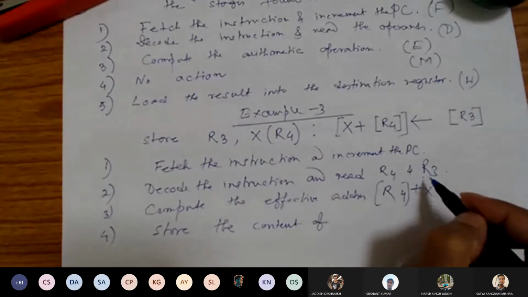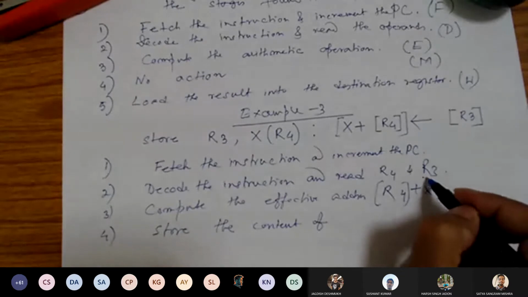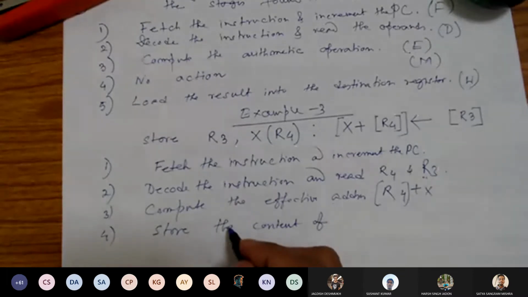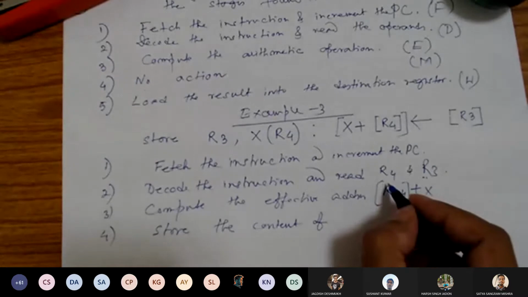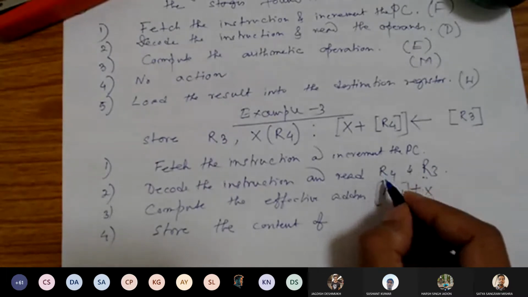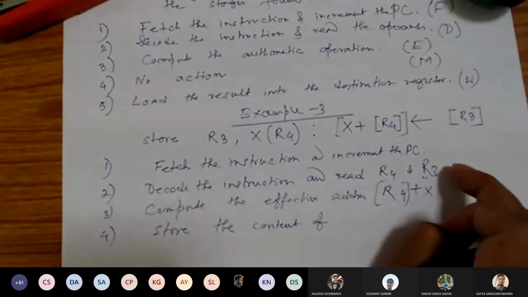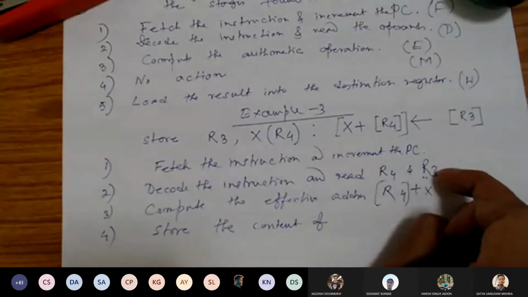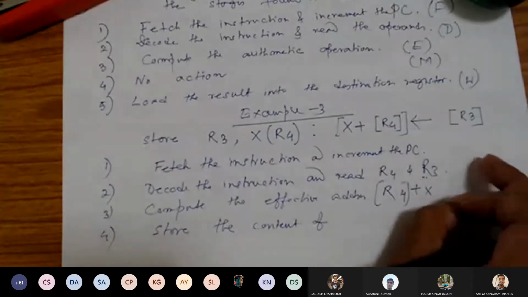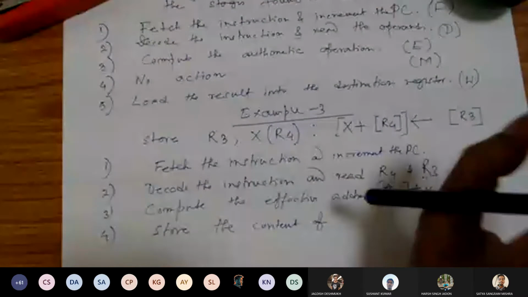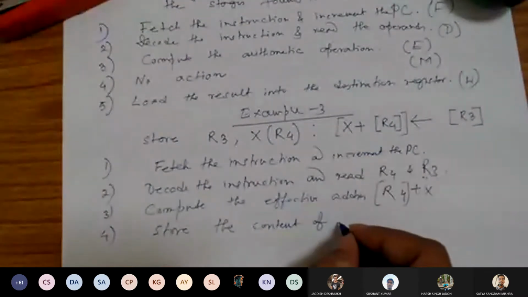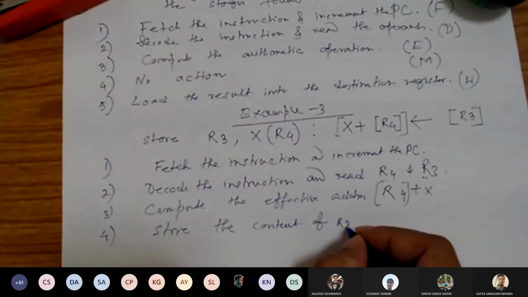Now you understand why we are reading the value of R3 here, because we need this. That's why in the decode stage we are not only reading R4, we are also reading R3. We are not using this at this stage, but we need to read it, get the value out of the register file, store it somewhere in temporary location. So store the content of R3